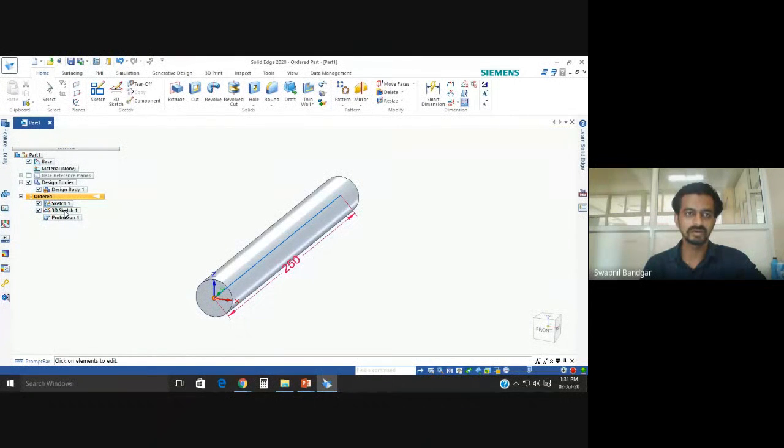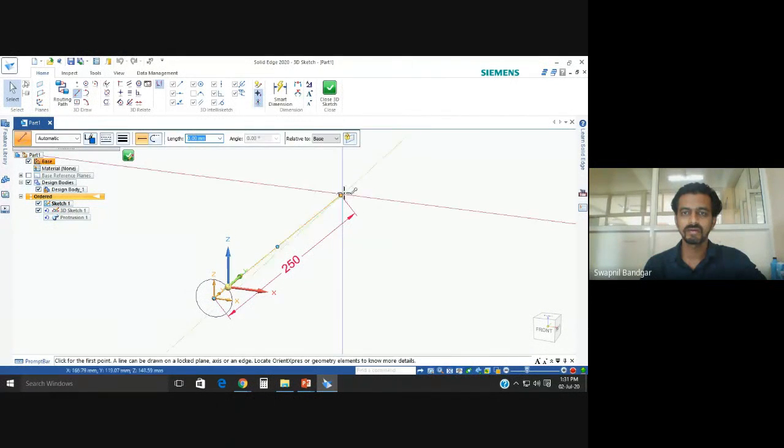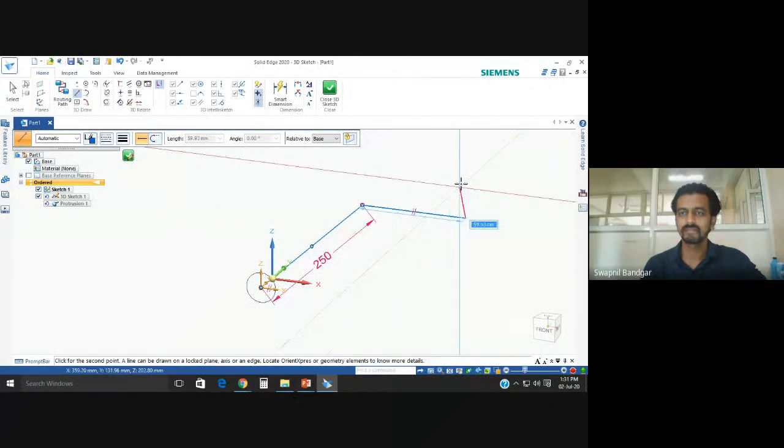It's lagging a lot. Okay, so this was the previous sketch, and I am drawing a line, then a vertical line.